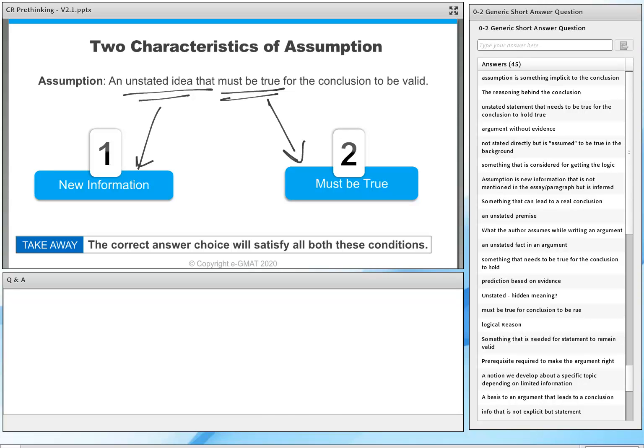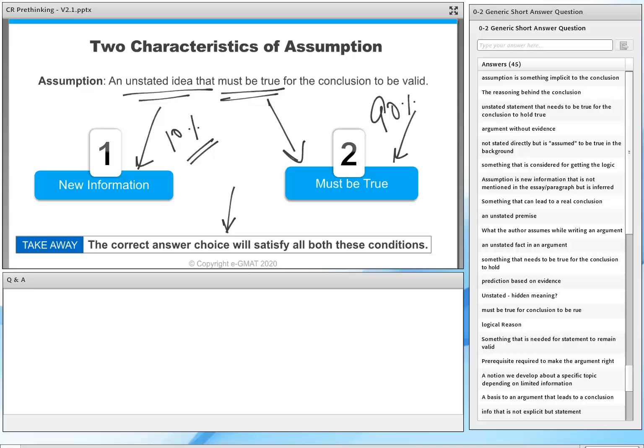Okay. Now, when you evaluate answer choices, the correct answer choice will always satisfy both these conditions. The incorrect answer choices will typically play around this must be true aspect. Now, 90% of all official questions play around this must be true aspect, and about 10% play around that new information. In the 4 full length questions that we'll solve in this webinar, along with a bunch of other fun questions that we'll solve,